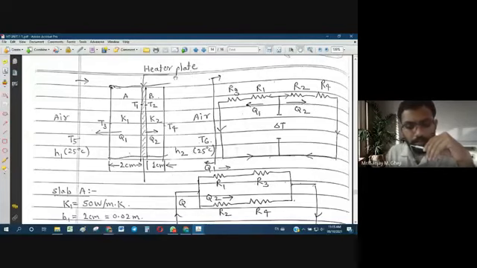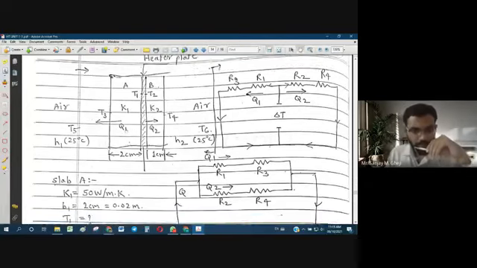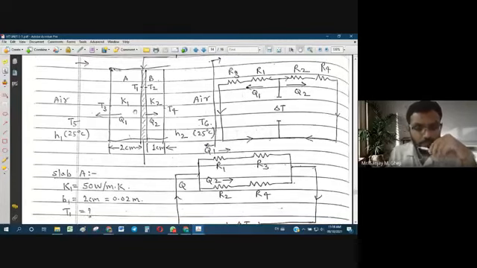Kilowatt, so the SI unit we always follow is watt, so we have to convert kilowatt into watt. So 1 kilowatt means 1000 watt, and if the resistance is equal on both sides, in that case 500 watt will flow on this side and 500 watt will flow on this side. But that is not the case here because the materials are different, and the heat transfer coefficients on both sides are also different. Because of this, what will happen?